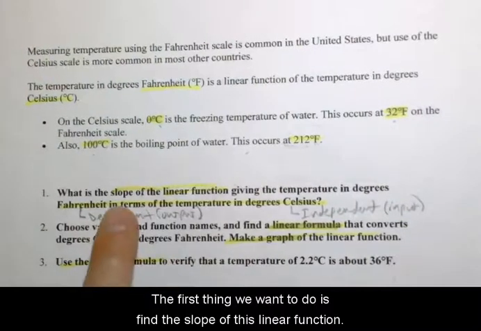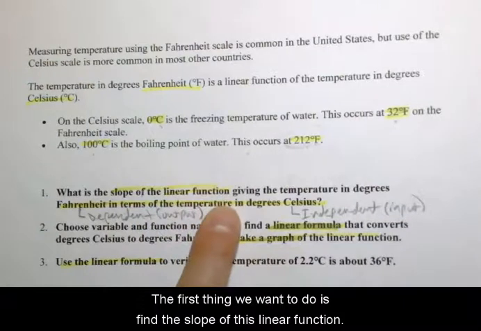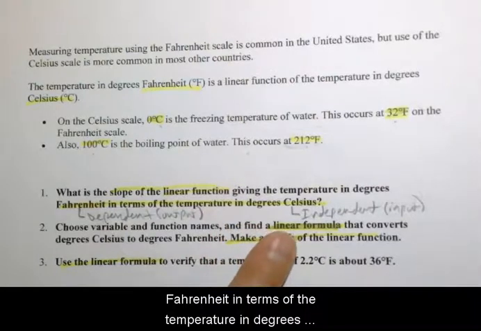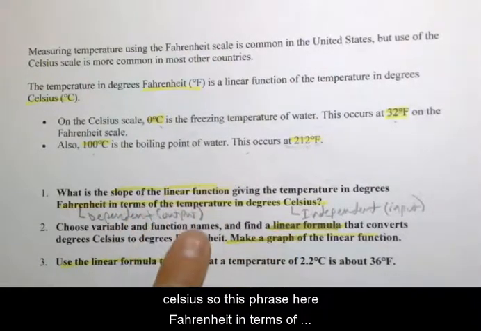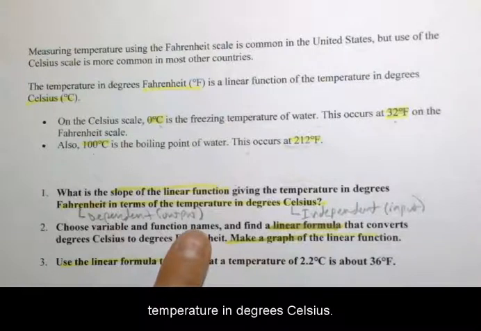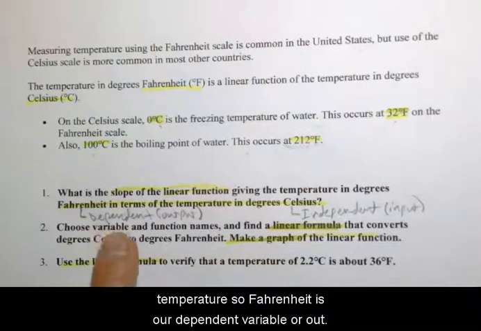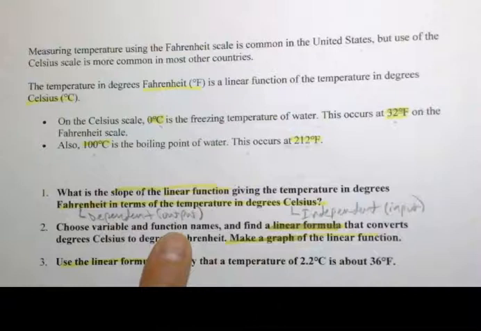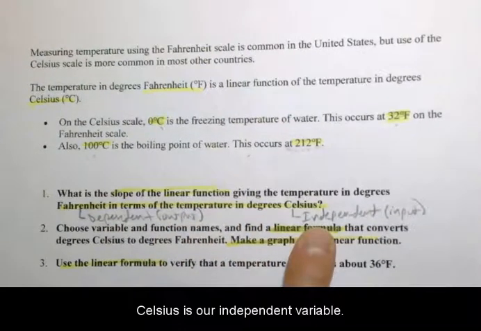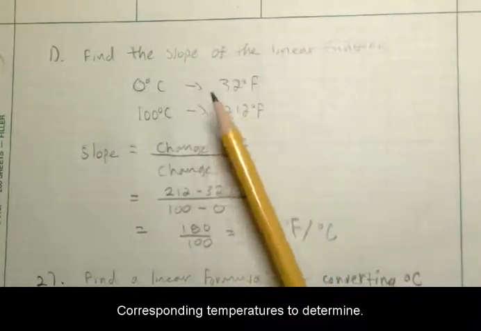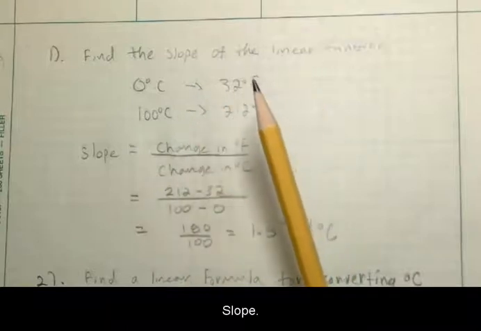So the first thing we want to do is find the slope of this linear function for Fahrenheit in terms of the temperature in degrees Celsius. This phrase, Fahrenheit in terms of temperature in degrees Celsius, tells us that Fahrenheit temperature depends on Celsius temperature. So Fahrenheit is our dependent variable or our output, and Celsius is our independent variable or input. So we can use this information and common corresponding temperatures to determine the slope of our